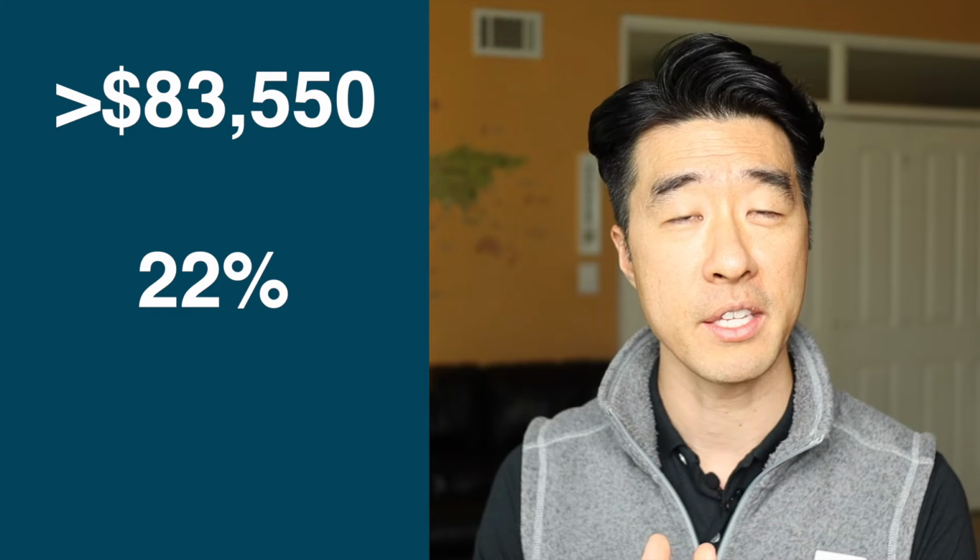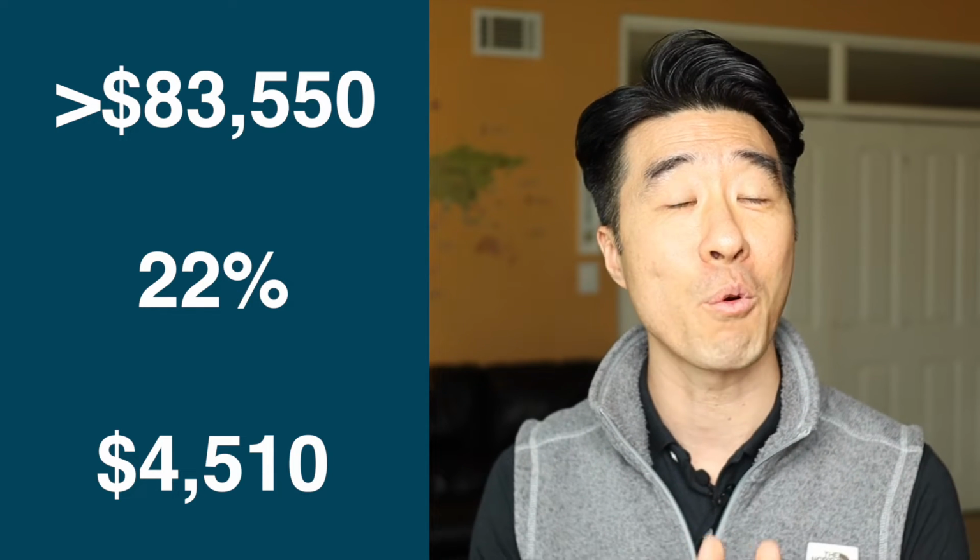The marginal federal tax rate is 22%. If you contribute the max amount and your contribution can lower your taxable income level to below this bracket, then you're saving $4,510 in taxes, 22% of $20,500. Essentially, instead of paying $4,510 in taxes, you're putting that money into the market to work to grow your net